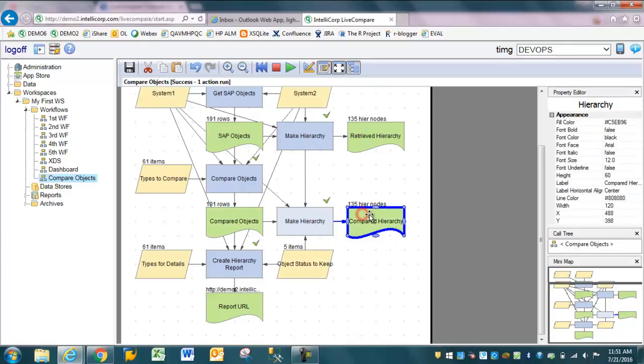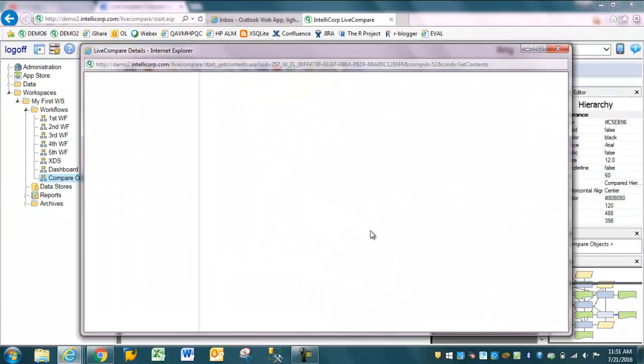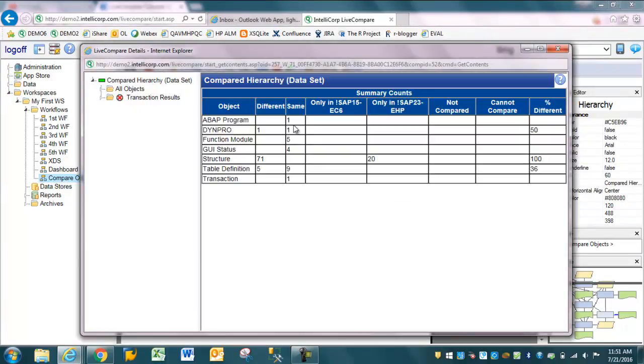So it went from 109 lines to 135. And the difference is all of the same objects. And it gives me an idea about what objects are the same within this transaction. The ABAP program is the same, the 5 function modules and GUI statuses, as well as there's some table definitions that are in sync. If I were to expand the hierarchy,